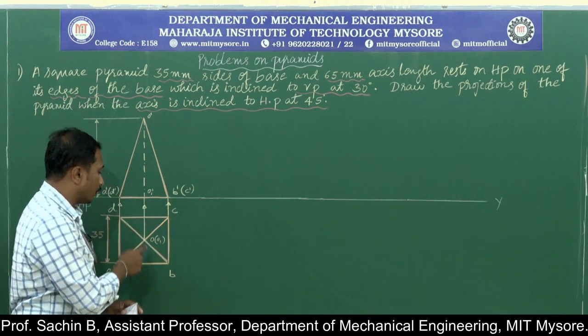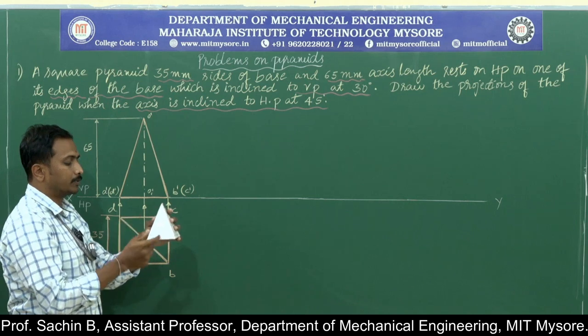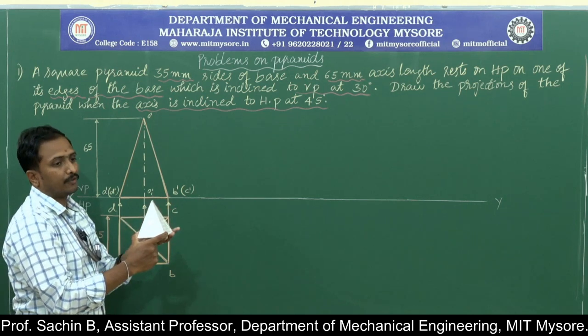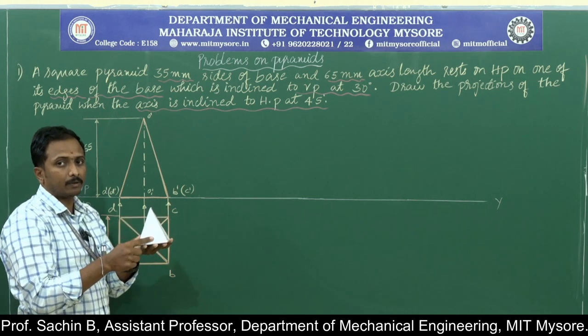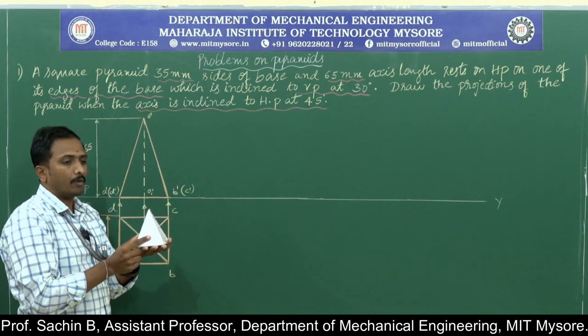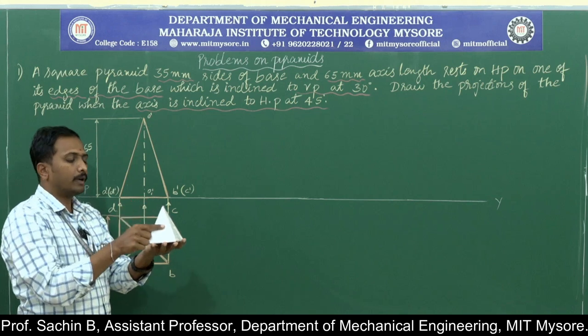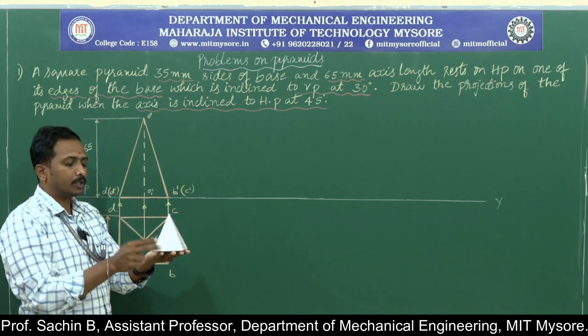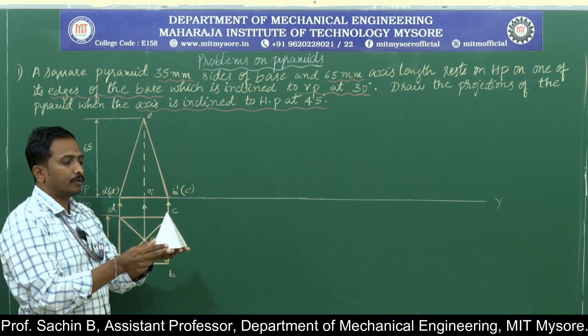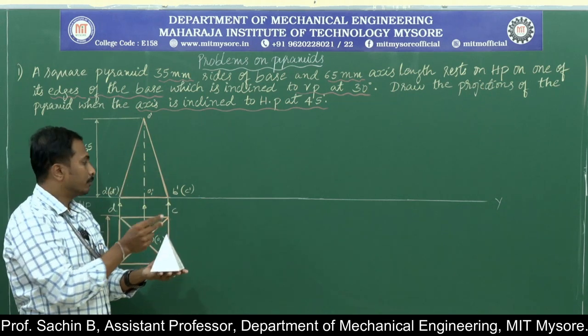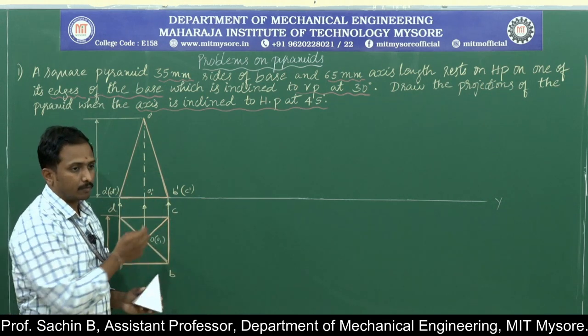Next, you need to view the object from this side, from the observer side, because we are doing the first angle projection. When it comes to the first angle projection, we know that the object is kept between the observer and the plane of projection. Now I am keeping the object, you people are the observer, you people are viewing the front view, you people are writing the top view. Based on that, I have written the first position.